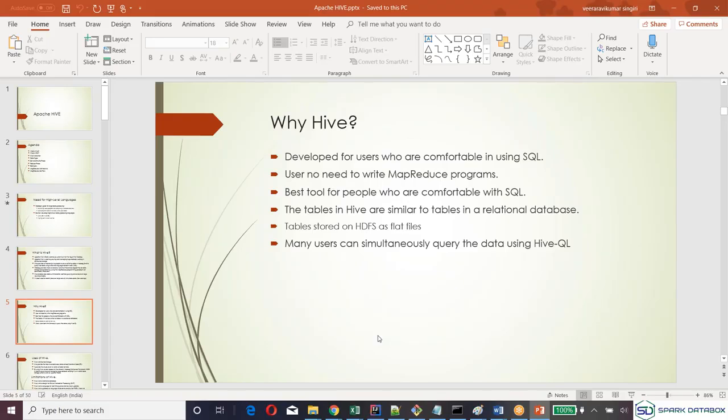If you have data, why do you store the data in the form of tables and table structure? Easy to access, easy to maintain, easy to understand. That is the purpose of creating tables. No matter whether it's an RDBMS or some other NoSQL database, the purpose of keeping data in tables is easy access, easy maintenance, easy query. Otherwise, they could have kept it in flat files.